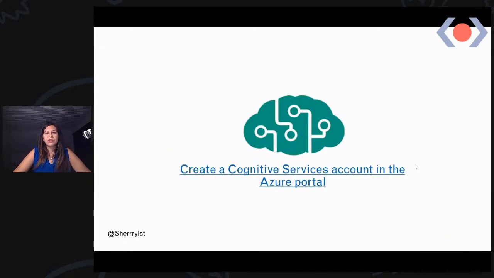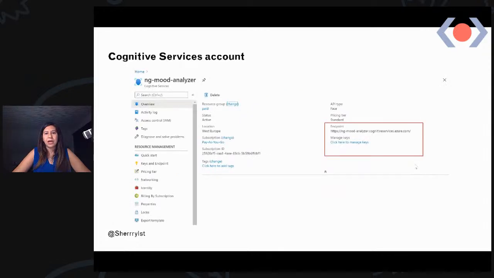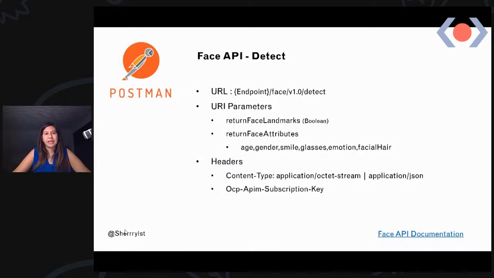Once you create it on the portal, you will get an endpoint that you can use, and also an API key. This is actually all I did. I just created the service and used this endpoint for my application. And of course, you all know that you can test it in Postman. That's what I normally do to make sure I reach the kind of result that I want for my application.